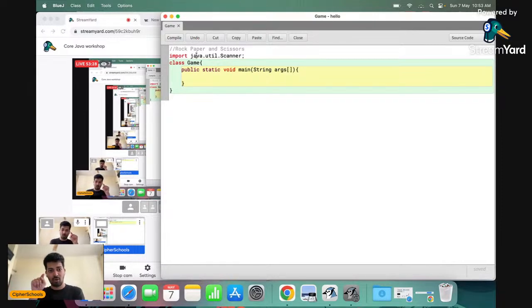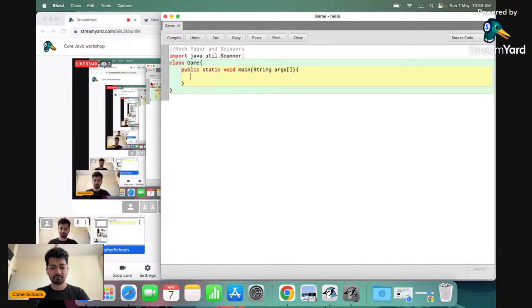So you put a dot, dot, and you get inside each of these. Because we are going to write code capable of accepting input from the user, we need to import this in order to give the compiler the power to do it.